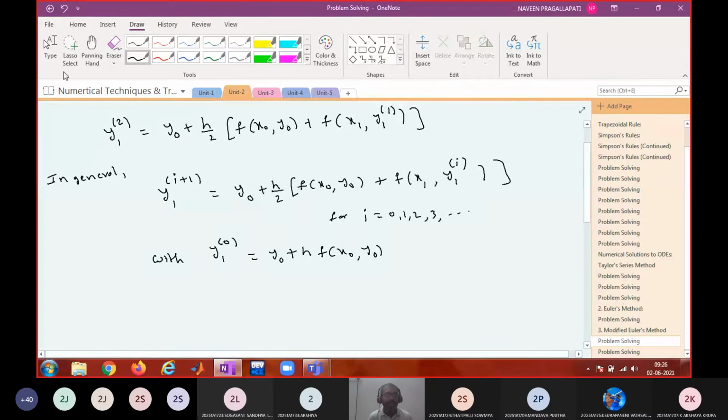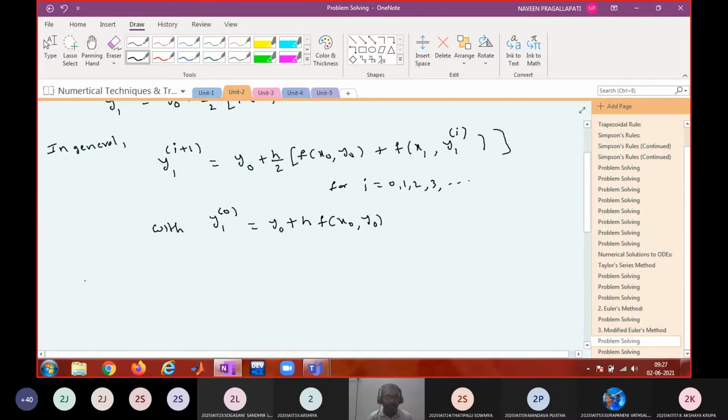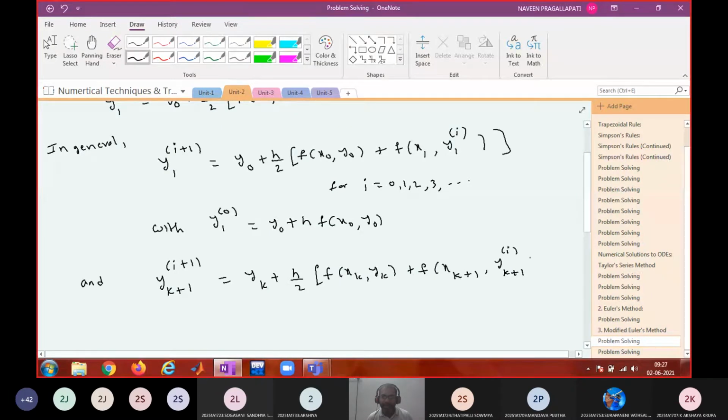And this is for y1. If I want yk plus 1 in the i plus 1th iteration, this can be yk plus h by 2 into f of xk comma yk plus f of xk plus 1 comma yk plus 1, which is obtained in the ith iteration, for i equal to 0, 1, 2 and so on,